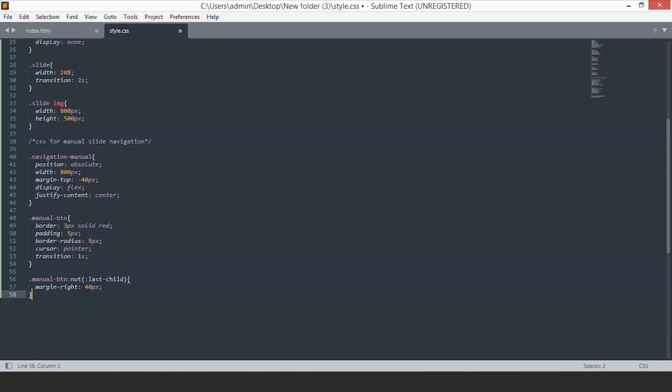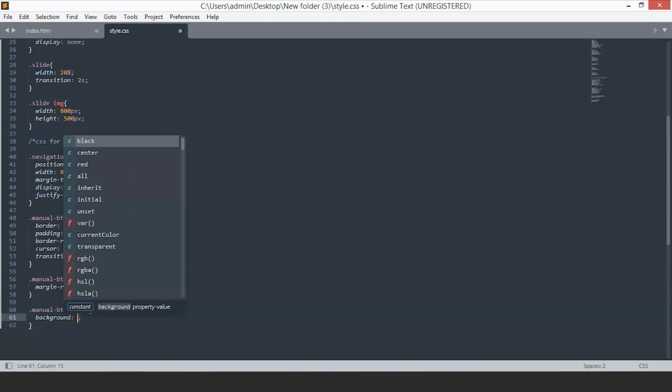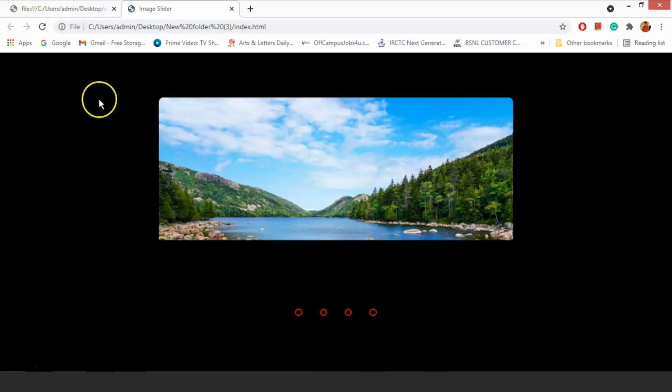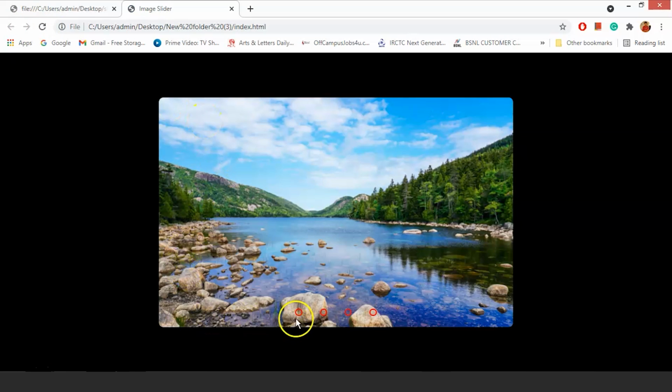Now it's time to add the hover effect. So for the manual button, the hover will be say background, the color blue. So just save the file and go back and refresh. Yeah, so you can see our manual buttons are in place. When you hover over it, you can see the blue effect, and when you click,